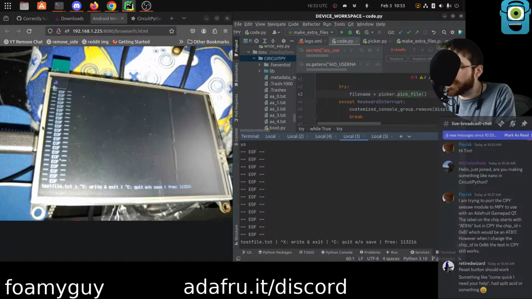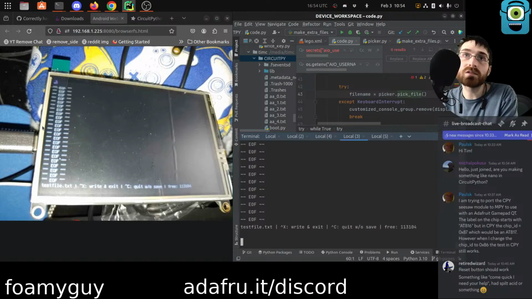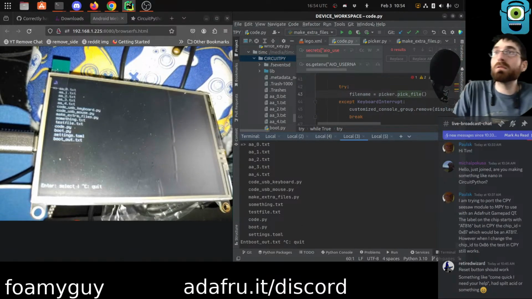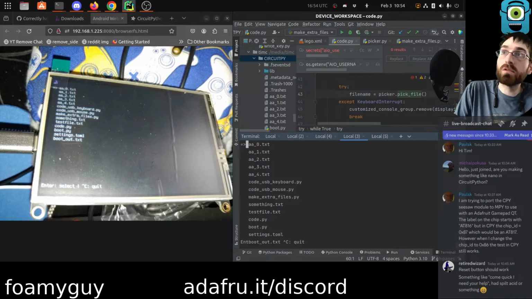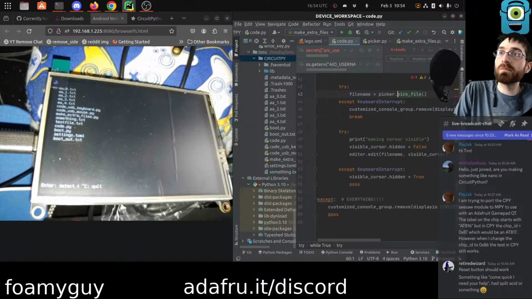And it does have yo inside of it. So we could add another yo to make yo-yo, and then we could control X, but it won't do anything. But we could control C to exit. Okay, cool. So let's switch it back to, I'm going to switch it back to editable from the PC, but